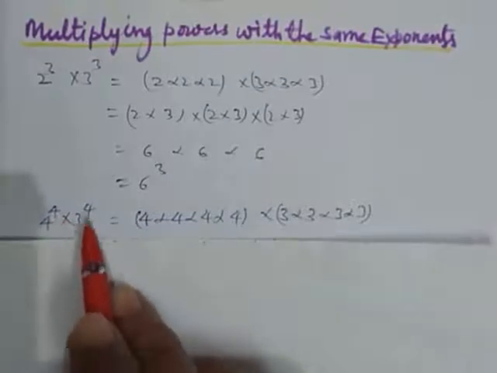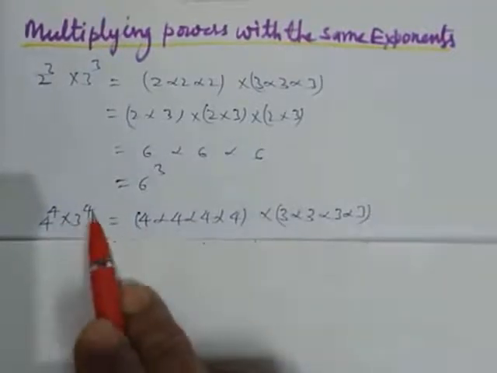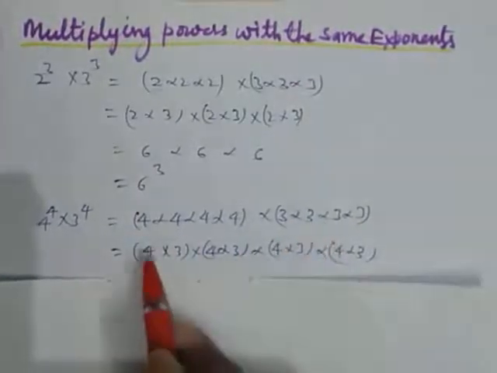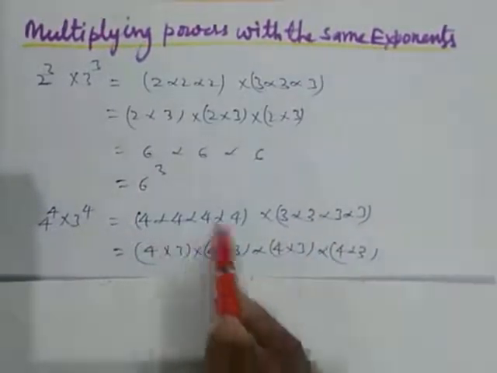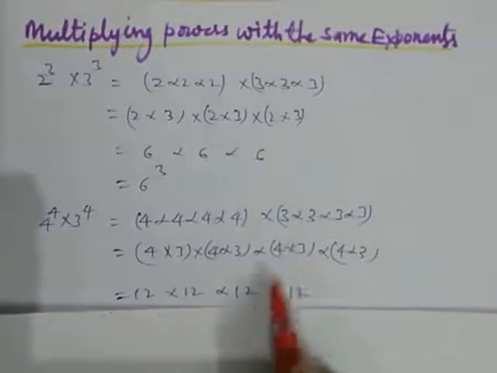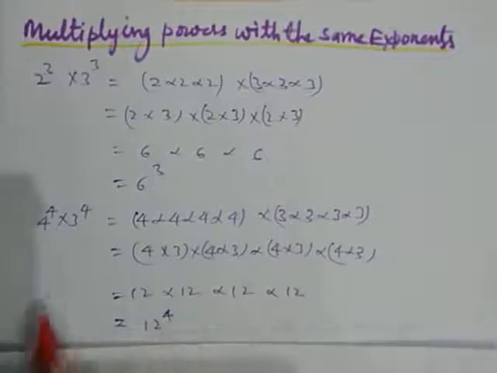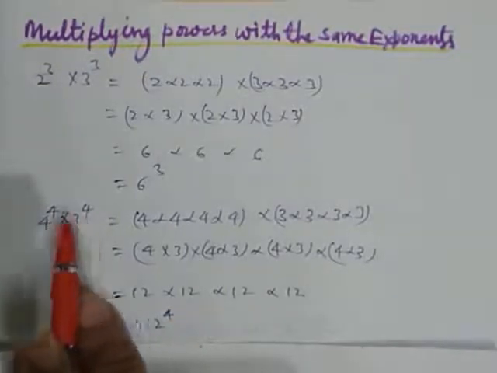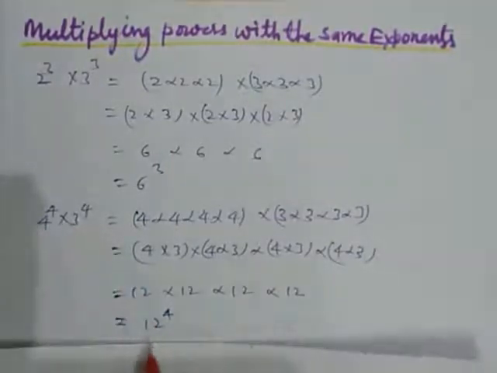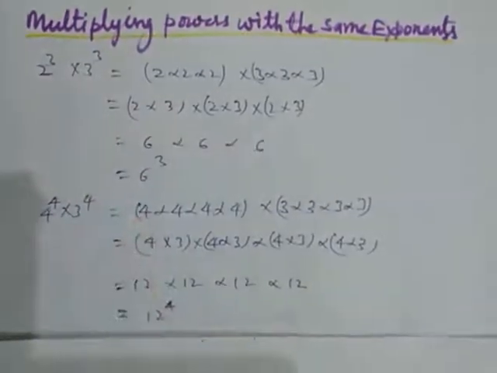4 power 4 and 3 power 4. So first we expand this: 4 into 4 into 4 into 4, 4 times. 3 power 4, that is 3 into 3 into 3 into 3, 4 times. Now we take one from each. 4 into 3 one time, second time, third time and fourth time. Now by multiplying, 4 into 3 is 12, 12, 12, 12. So we get 12, 4 times. So this becomes 12 power 4. As here the exponent is 4, and we receive the 4. And 4 and 3 are the bases which are different, but we get 12, that is 4 into 3. Here 2 into 3 is 6. So remember this thing.